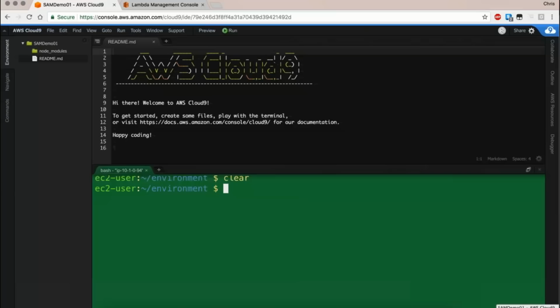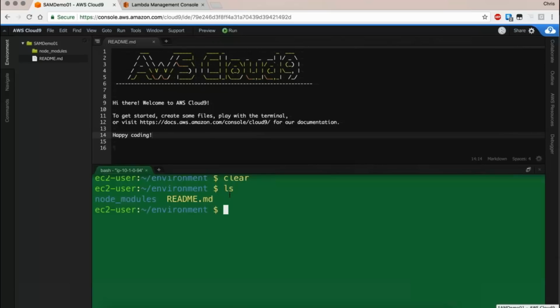Great. So for this demo, I'm going to use Cloud9. AWS Cloud9 is an IDE-based product that we have. What it gives me is an EC2 instance running a really powerful IDE that is very deeply integrated with the AWS environment and a number of AWS services. What I have up top here is my text editor window, and it has just the basic README file for a new Cloud9 environment. And then down below, what I have is a shell on the EC2 instance.